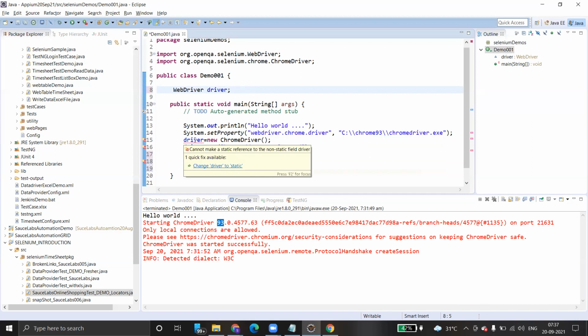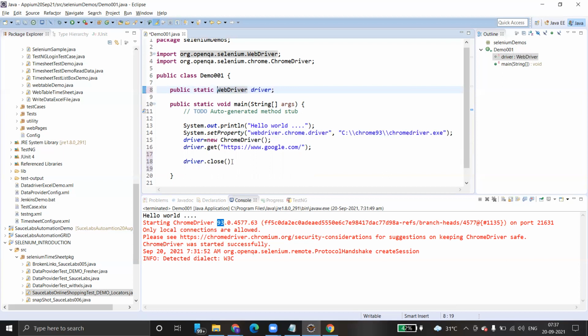We cannot change the driver instance from time to time. So better you make it public static. That's always better. Even if required in future, you can use this WebDriver outside the class also if you make it public.